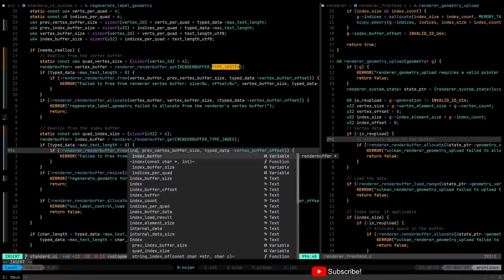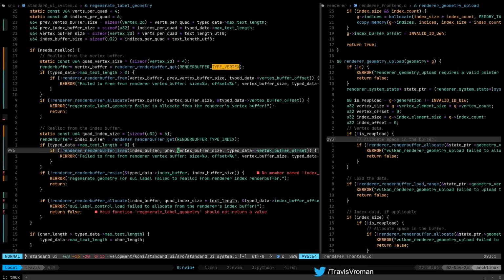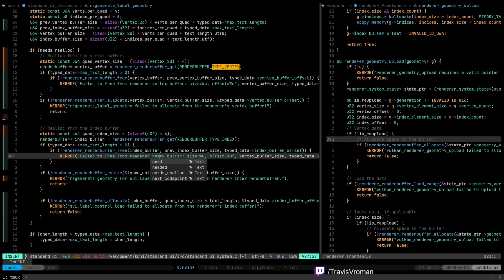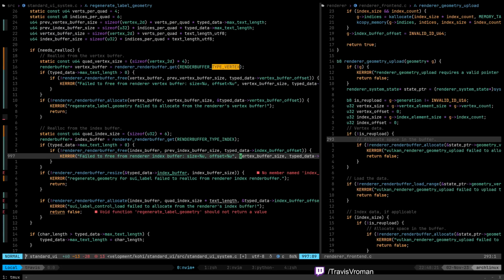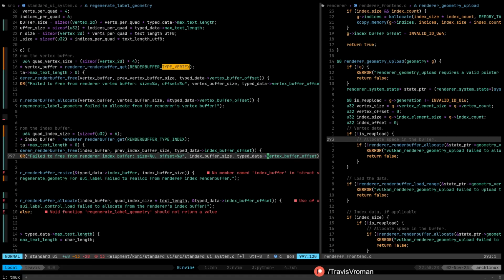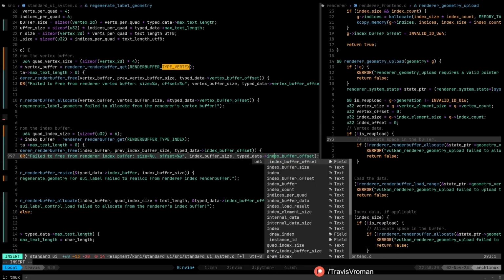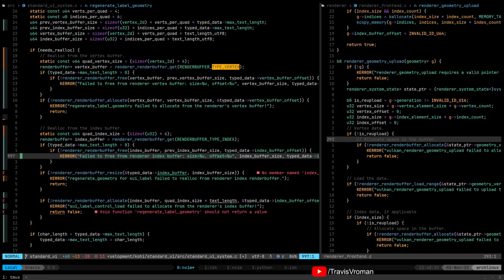So this time we want index buffer. We want previous index buffer size, index buffer offset. Oops, index buffer. Index buffer size. Index buffer offset. Okay, so we free the old data,